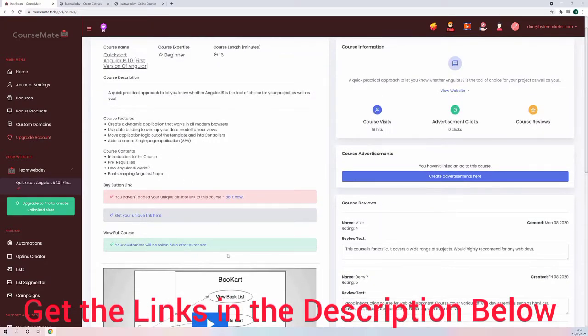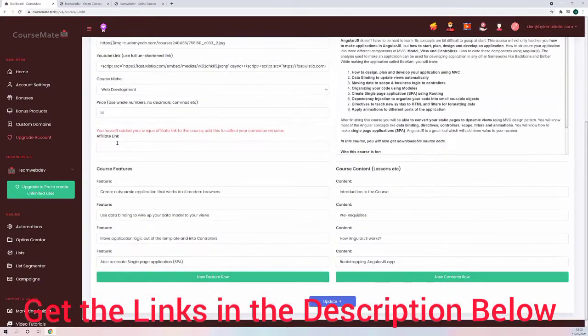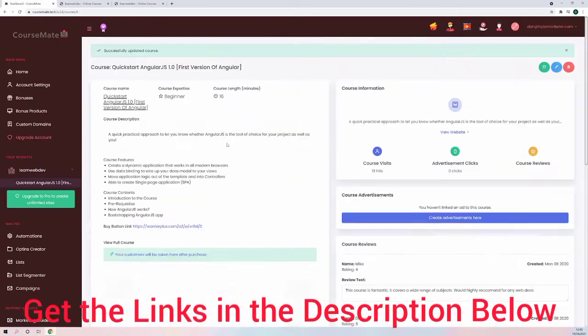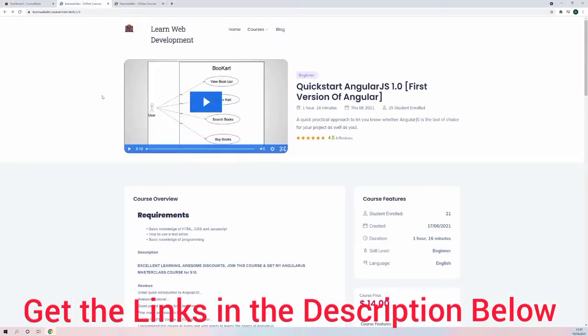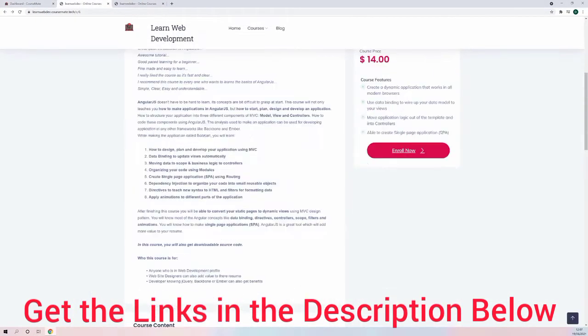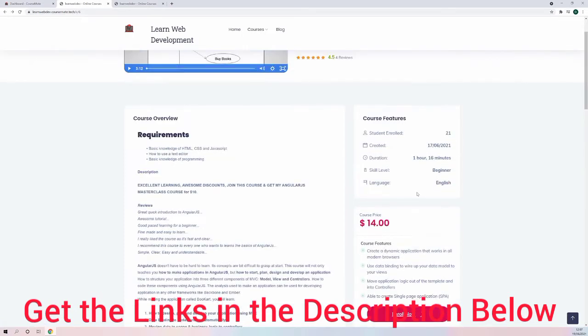Then all we need to do is go and add our link in. So we go and add it in here. So we paste it in here. This is our affiliate link. We click update. Okay, so this is the course here, and you can see now that our affiliate link has been embedded in here. So now anytime someone buys this course by clicking the button, we now get 100% commissions for the sale,